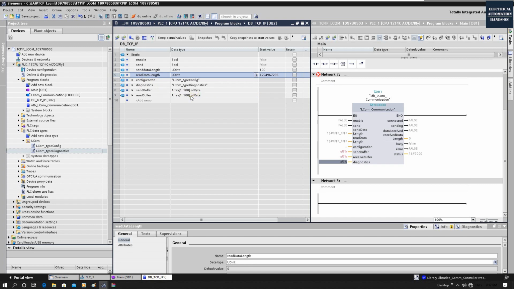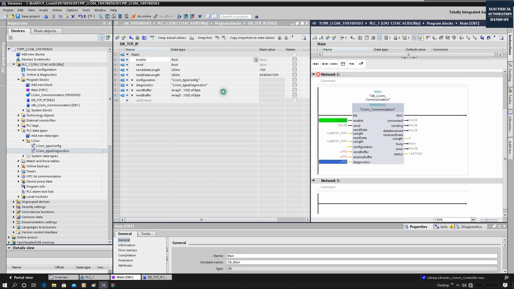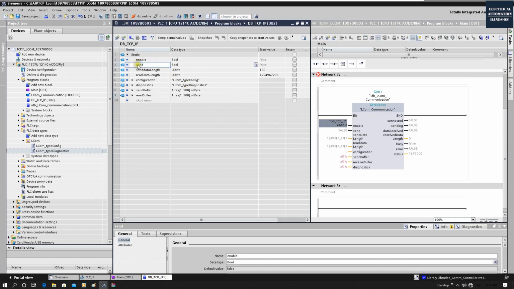So in this case, for testing purpose, I can define just 100 bytes. Okay, so actually we can set 100 here. In a real case, you can set a very large value, but take care, it will take memory. Okay, read buffer. After we define this, we can drag this send here, enable, send a command,